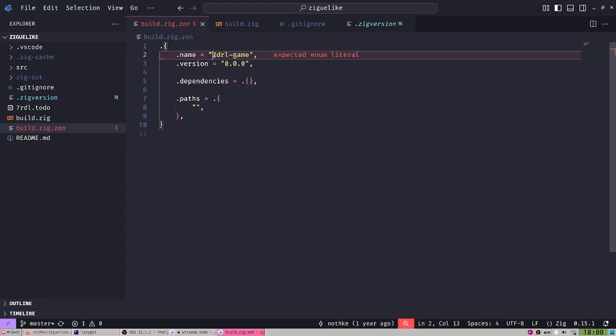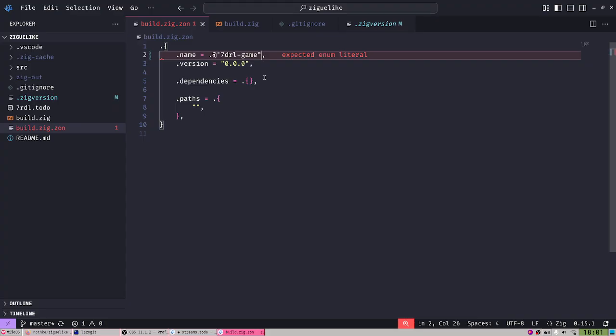And, well, here is a little bit of a problem, because if I put a dot here, it can't work, because it starts with a 7. So the thing is that in Zig, you can actually escape the first number if you use at, and then you put a string like this.